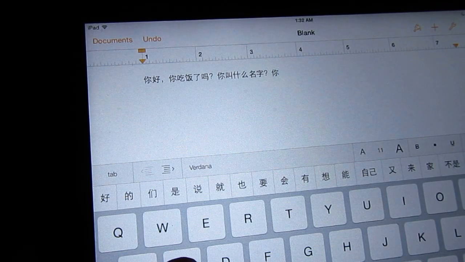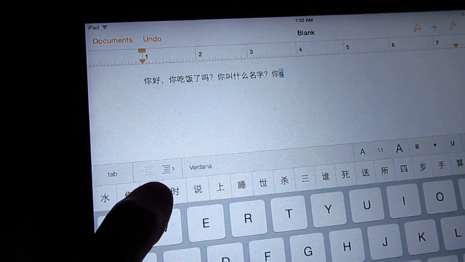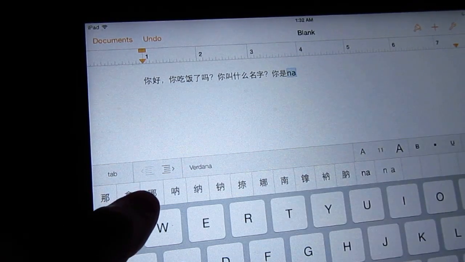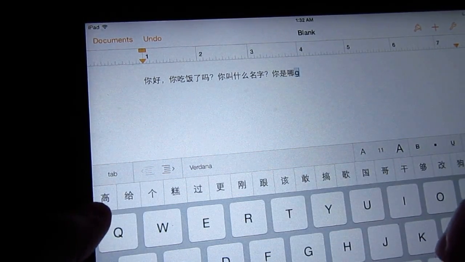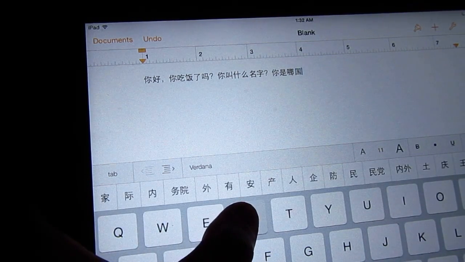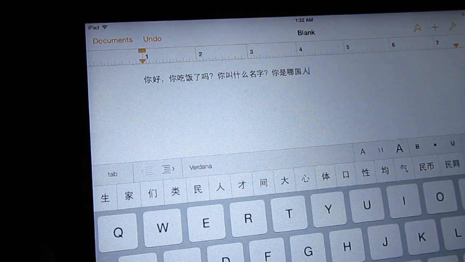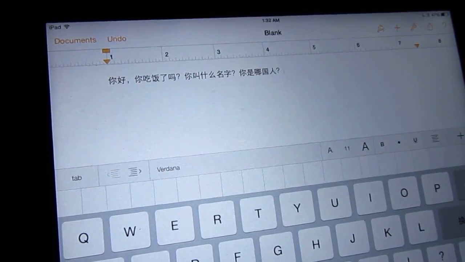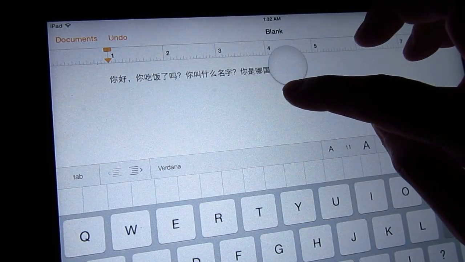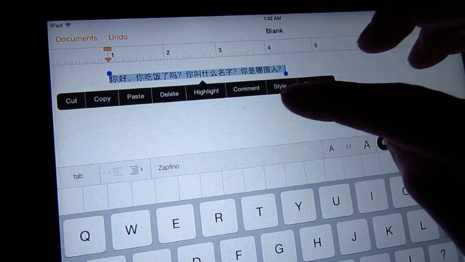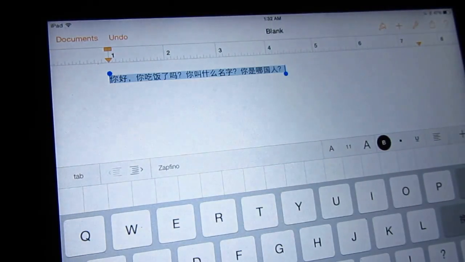Which country? 你是哪国人? Which country are you from? So I think we will do all these, and then you copy paste, select all, and copy, and then we